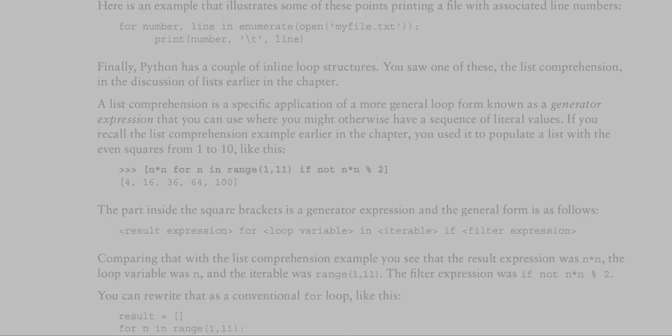Here is an example that illustrates some of these points, printing a file with associated line numbers. for number, line in enumerate(open('myfile.txt')): print(number, '\t', line)